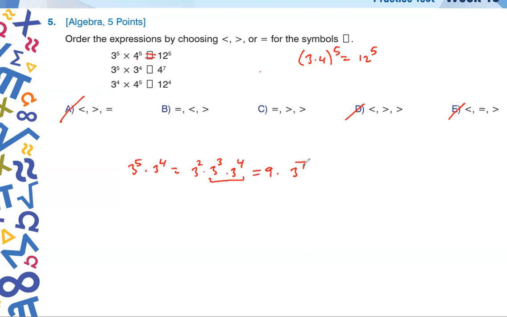But we have 4 to the 7th power, right? So this is what we are going to try to compare with the 4 to the 7. And the question is, if I don't get anything right here. I was about to try to see if this is easier with manipulation, but it looks like it is not looking nicer. So let me try this first, and then I'll see if we can come up with something on this space. Okay. So the next one, we have 3 to the 4th and 4 to the 5th,